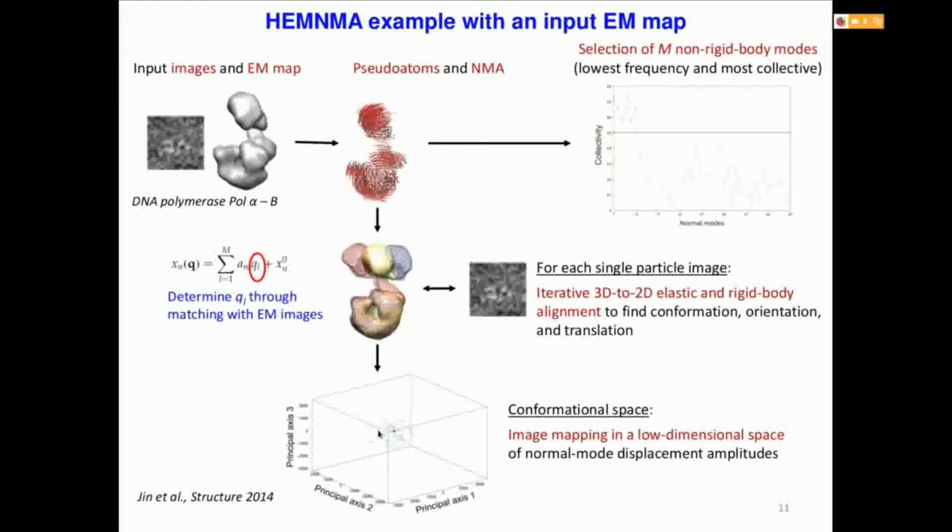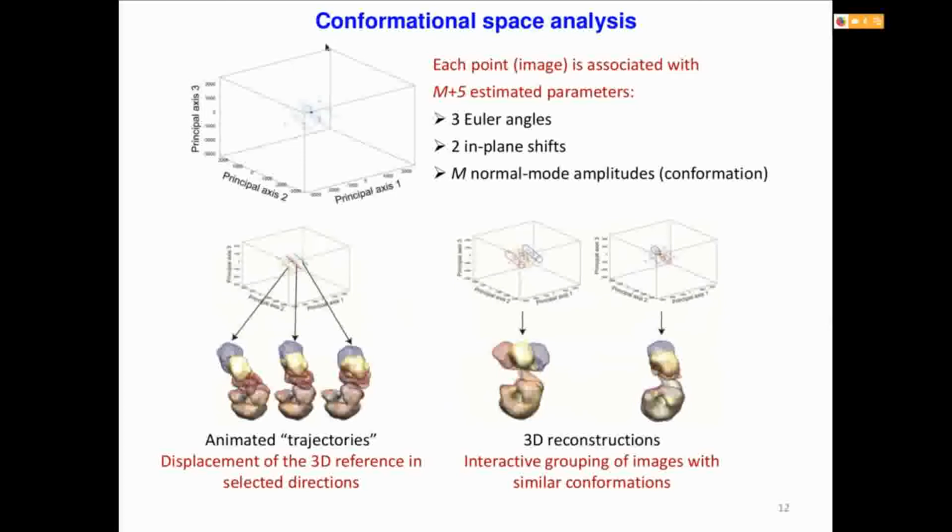So we see all these images together, and close points are images with similar conformations, and those that are very far away are those images with very different conformations. So in this space, you can further displace this deformable reference along the direction that you identify, and